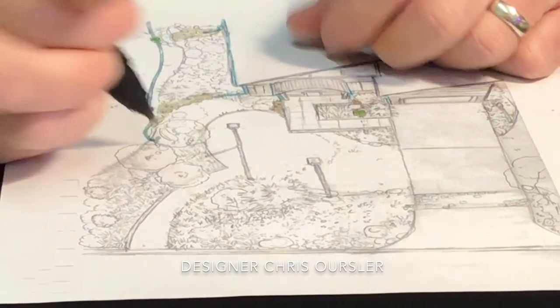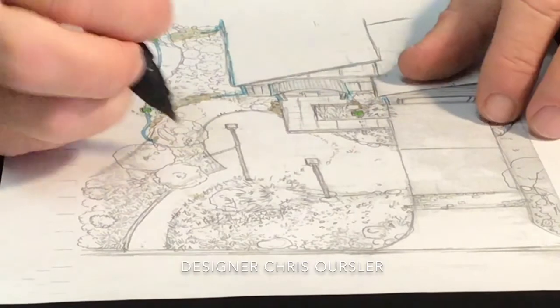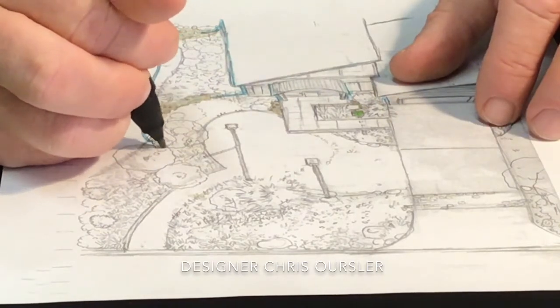This is just my little take on an 80s meets mid-century modern thing. I was just playing around. It's like, okay, I just need a big roof line to draw. So